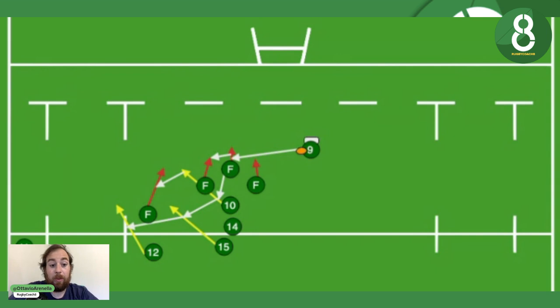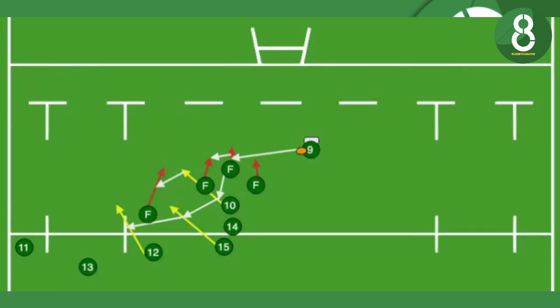Pretty similar. This is with the 14. I'm talking about stacks of players, one behind the other. It's going to be interesting to see how South Africa is going to improve this against a different, better defense, like the Irish. So here we go. For example, this is the